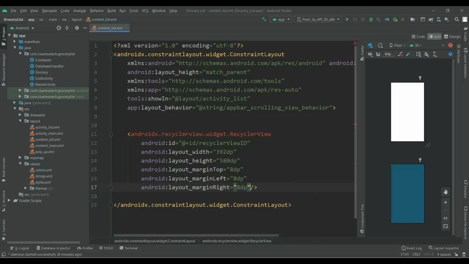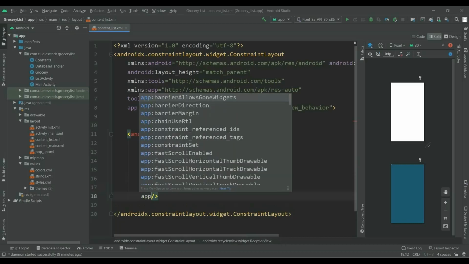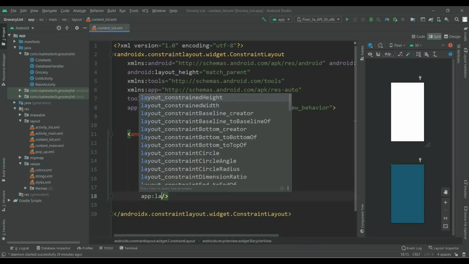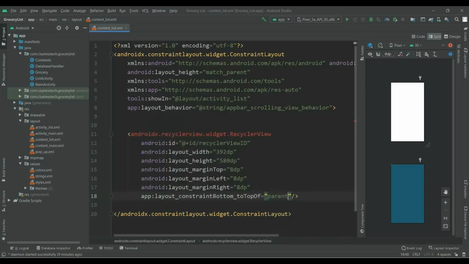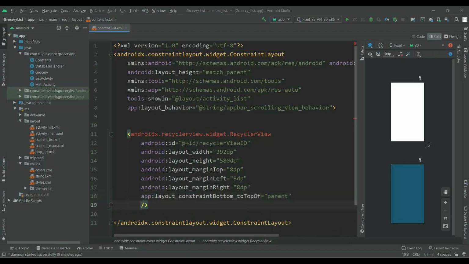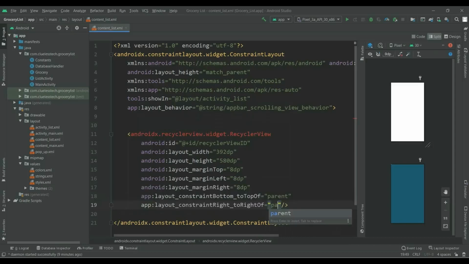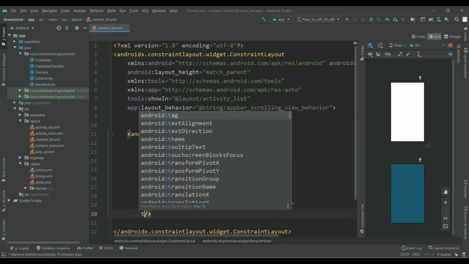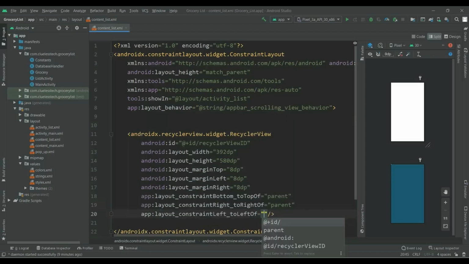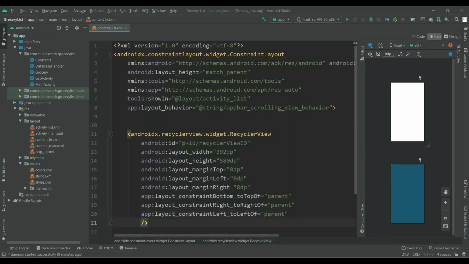Okay, and now add app:layout_constraintBottom_toBottomOf parent, layout_constraintTop_toTopOf parent, and layout_constraintRight_toRightOf parent and layout_constraintLeft_toLeftOf parent. And also add the property of